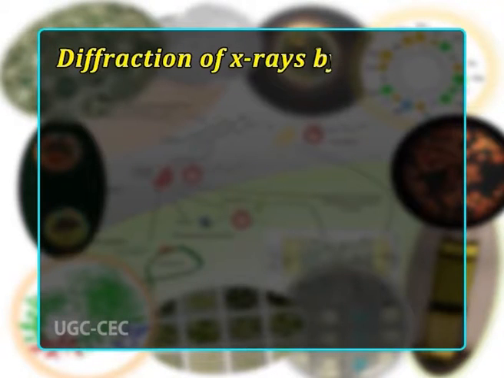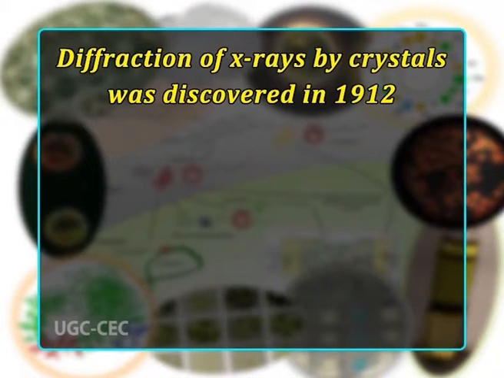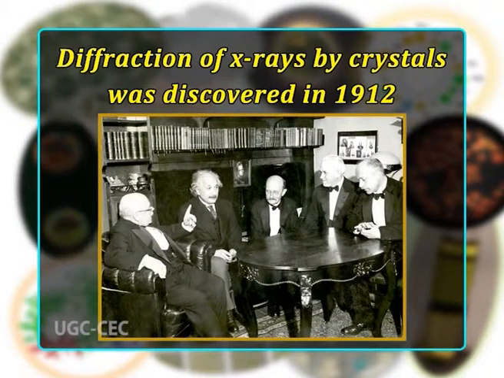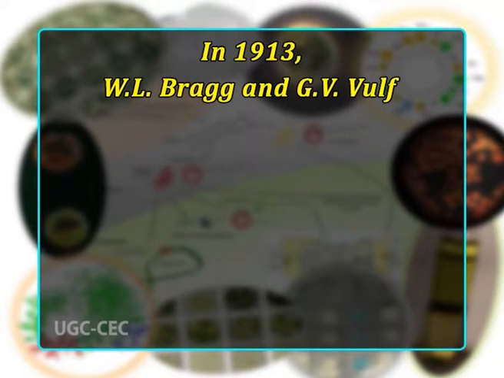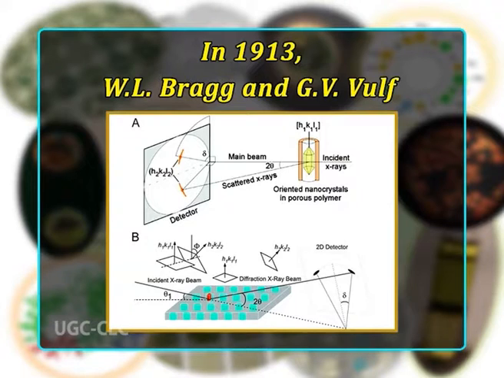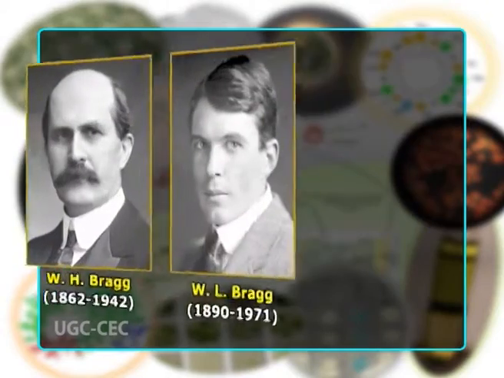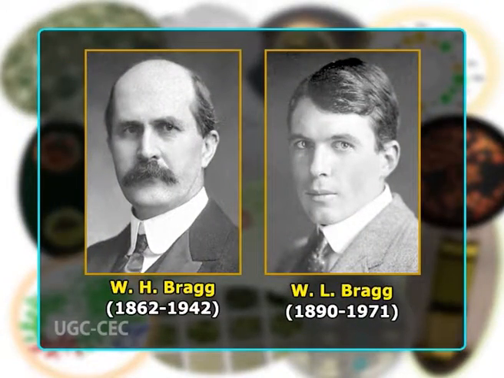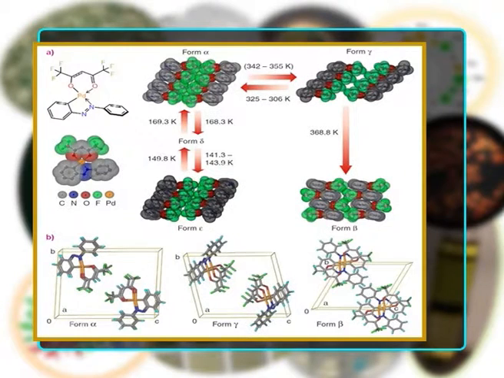The diffraction of X-rays by crystals was discovered in 1912 by the German physicists Laue, Friedrich and Knipping. These investigators directed a narrow beam of X-rays onto a stationary crystal with a photographic plate behind. In 1913, Bragg and Wolf proposed a simpler explanation of the diffraction pattern of X-rays by a crystal as diffraction reflection. In the same year, W. H. Bragg and W. L. Bragg determined the first atomic structure of a simple crystal via the X-ray diffraction technique.